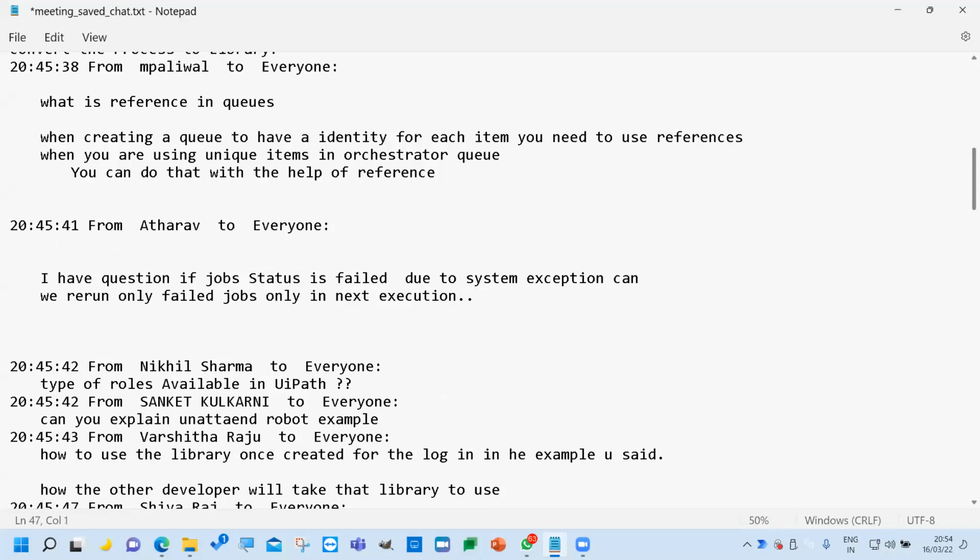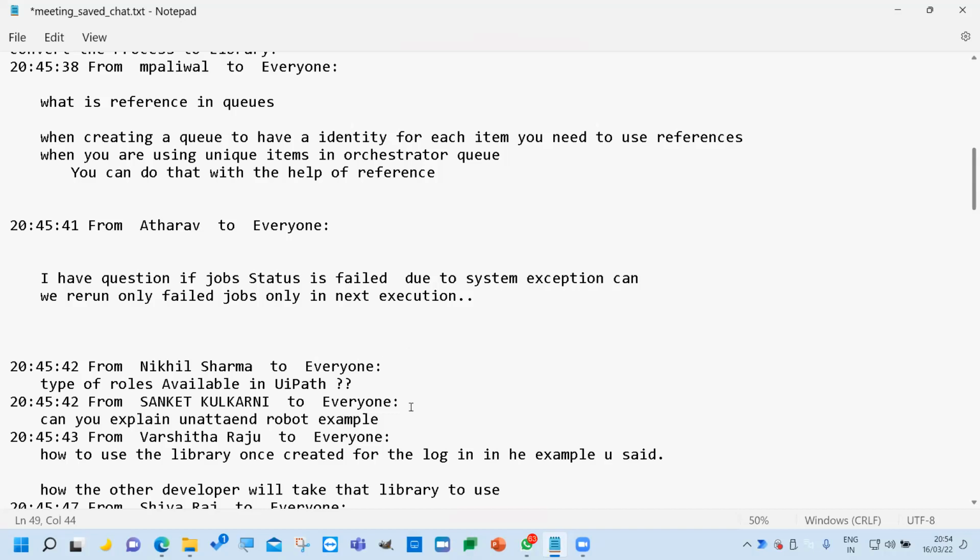Okay, so when we are working on jobs and one fails, the failed job cannot be executed again, or you may need to rerun it with the queues. When an item in an Orchestrator queue is set as failed, you can retry it, or you can also use the clone option to create it again. But if you have set retry while creating the queue itself, like how I showed yesterday, then Orchestrator itself will create a new queue item, and it will be executed after completing all the items.